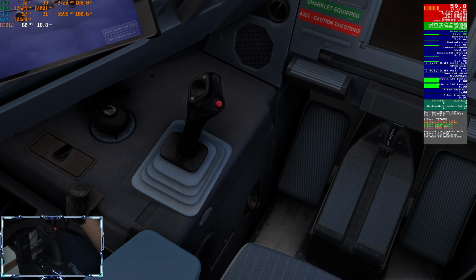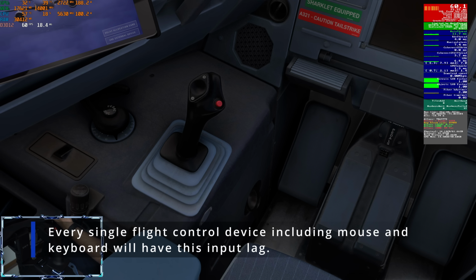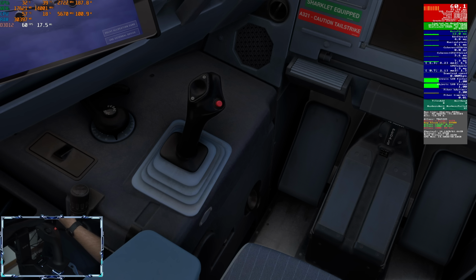So coming back to my first point, you can look at it the other way. Make sure you set your refresh rate very, very close to the frame rates that you're getting from your system. Do not set it way lower than that or way higher than that, because if you set it way higher than that, then you're going to see stutters. If you set it way lower than that, then you're going to see a lot of input lag and latency, right? Because there are a bunch of frames that are just waiting to render,